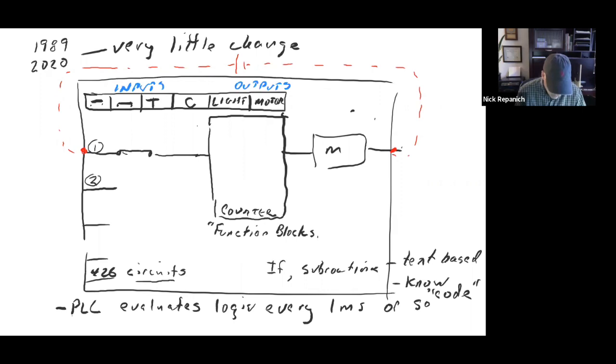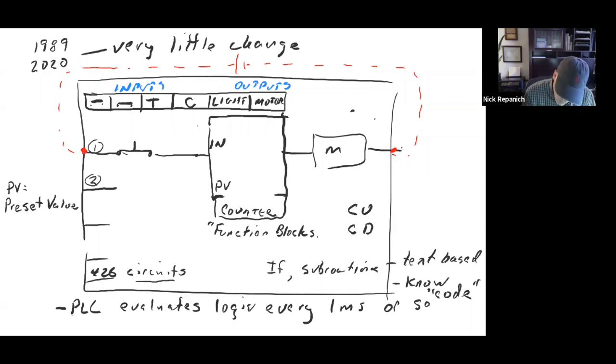Now, counters have a couple different things. You can either count up or you can count down, right? And in this case, anytime this switch opens and the counter has counted, then the machine shuts off or doesn't run anymore. We need one more thing in the counter. We need something down here, and we need something called PV, and PV equals the preset value. Okay, and so if this was a count up counter, then you would set the preset value to however many counts, and if you set that at 10,